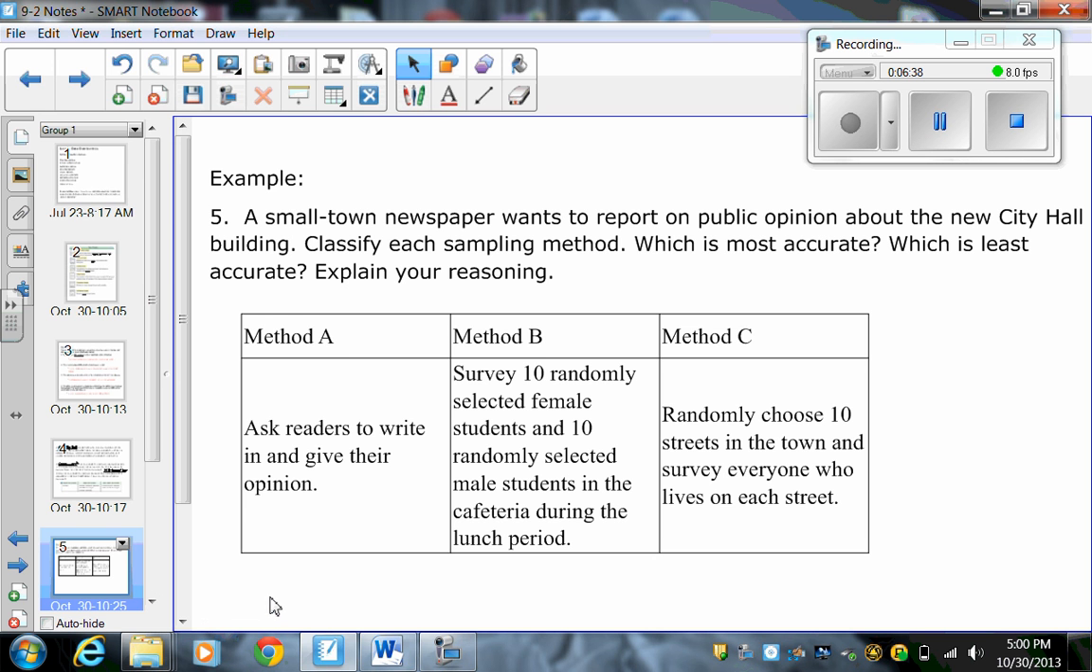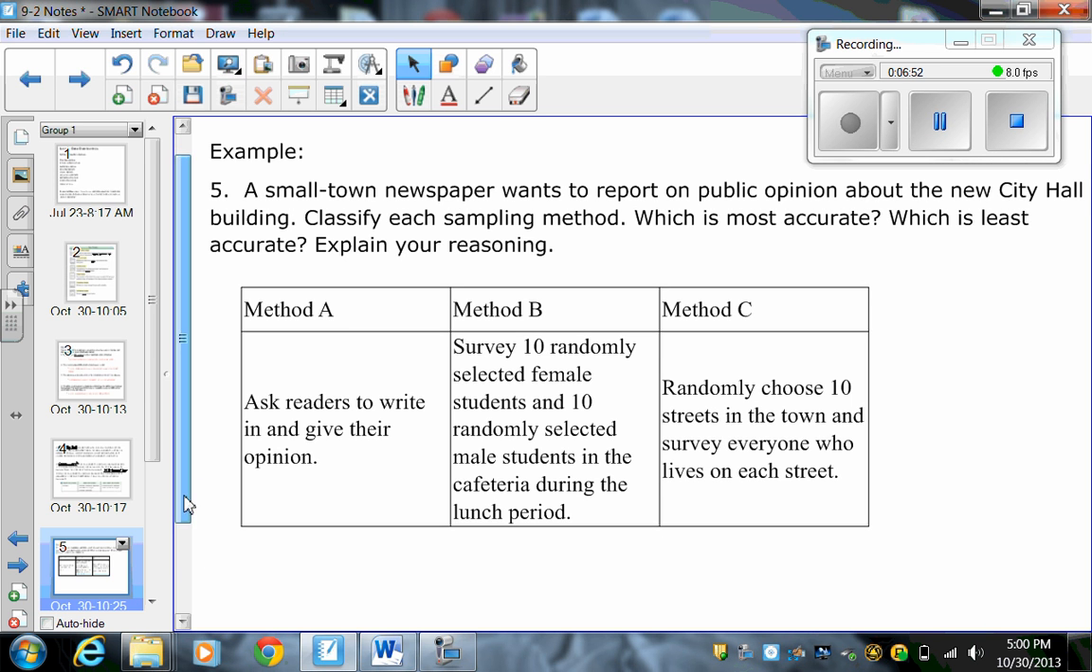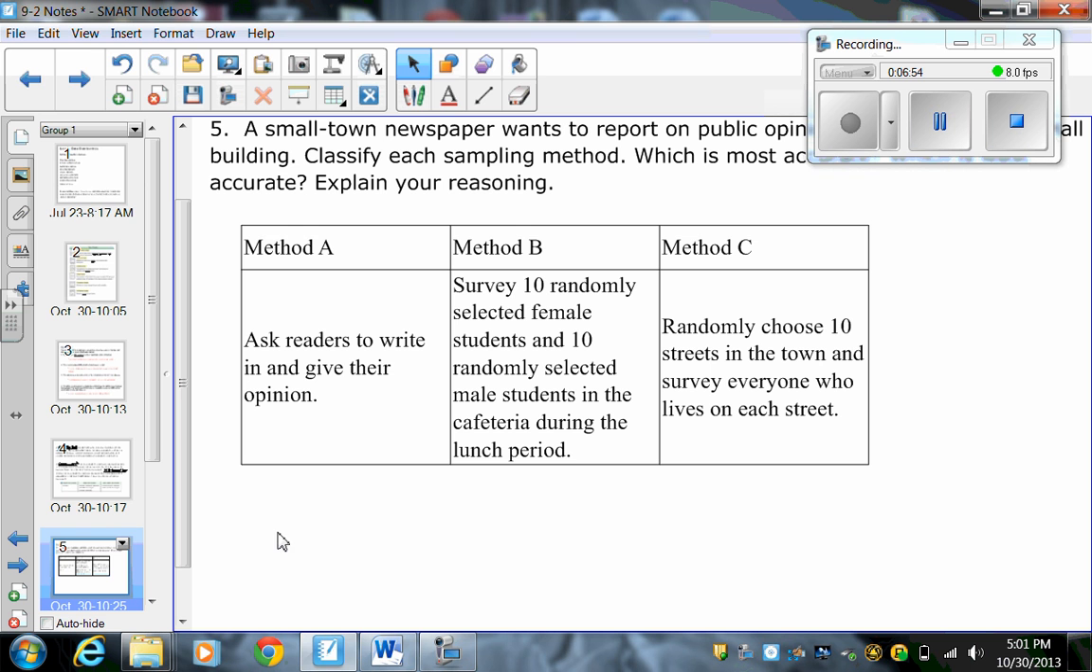Example 5 says a small town newspaper wants to report on public opinion about the new city hall building. Classify each sampling method, which is the most accurate, which is the least accurate, and explain your reasoning. So method A says that they just ask readers to write in and give their opinion. Because they're just asking people to do it and mail it in, this would be an example of